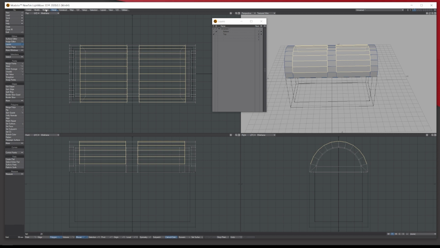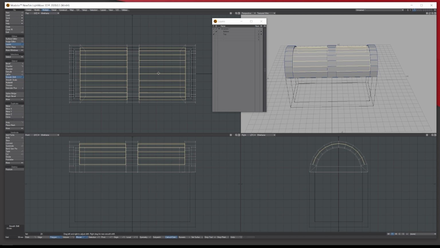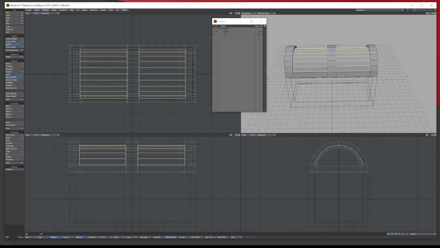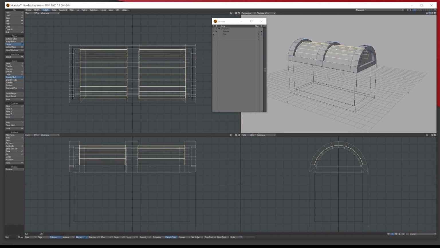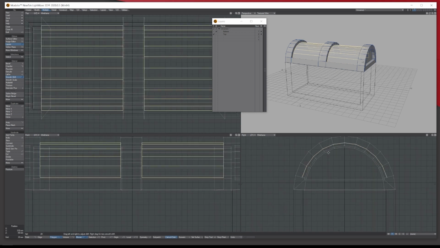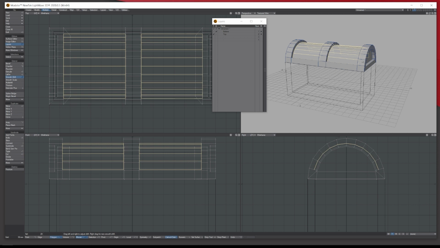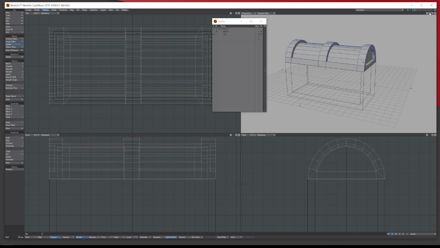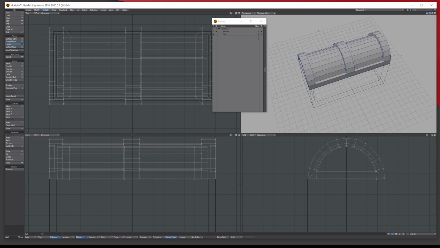So let's just go to multiply, smooth shift in the top view or the side view, and let's bring it in. And again, it's up to you how far you want this to come in. Don't overlap the inner out here, look. So I'm happy with that. So spacebar, drop selection, and I've got this bit now.